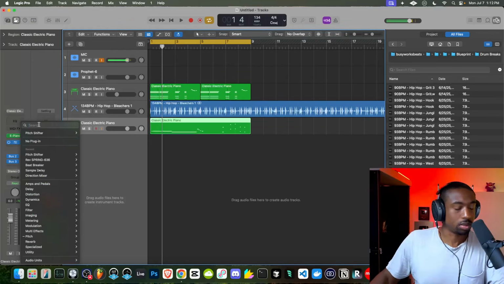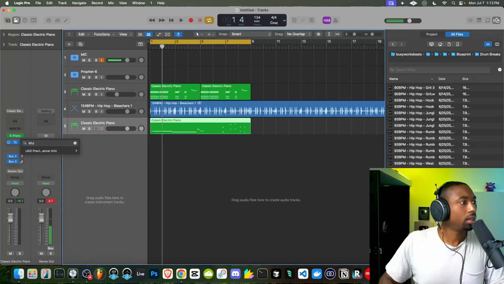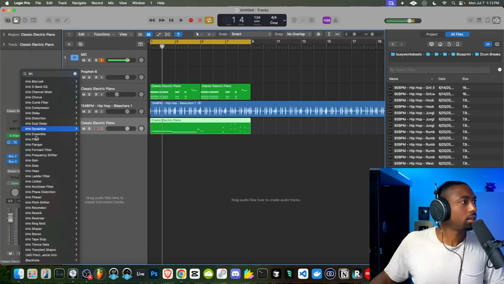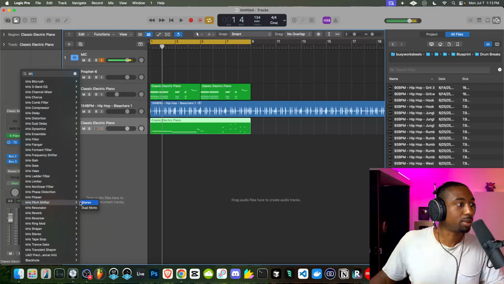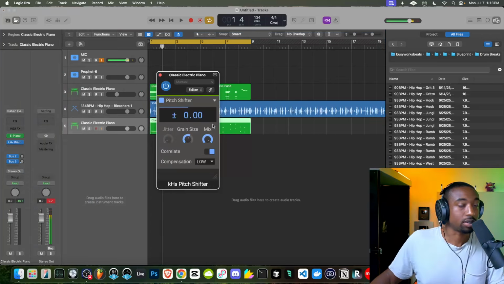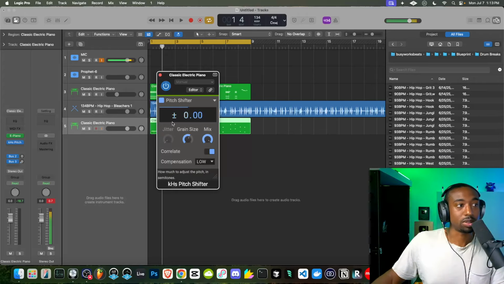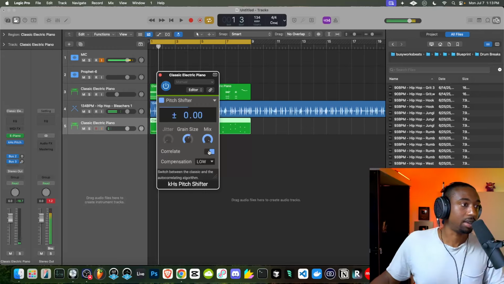We're going to use Kilohearts. Where's it at here? Kilohearts. Oh, KHS. Okay, that explains. Okay, so it's called the KHS Pitch Shifter by Kilohearts. It's free. What we're going to do though, most people just use it as a pitch shifter like this. They'll just turn it up or down. But that's not how we're going to use this. We're going to use this as a randomizer of the pitch.